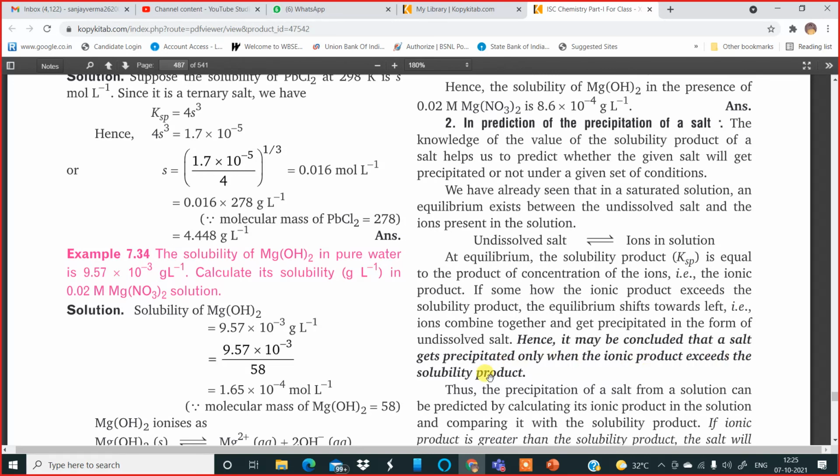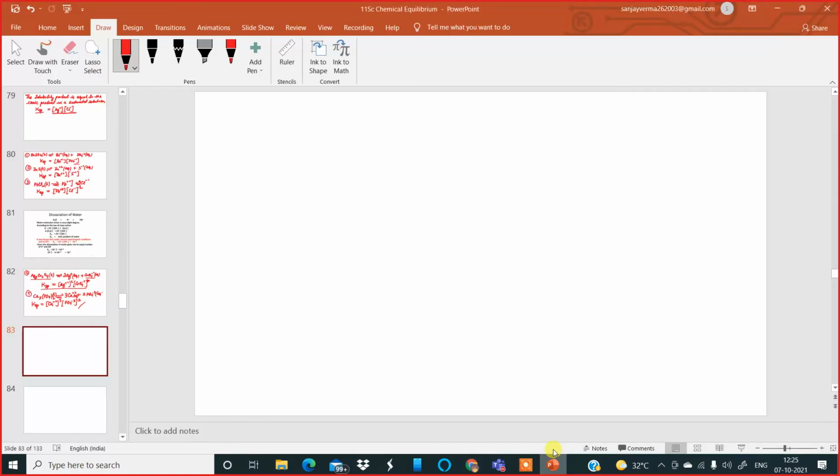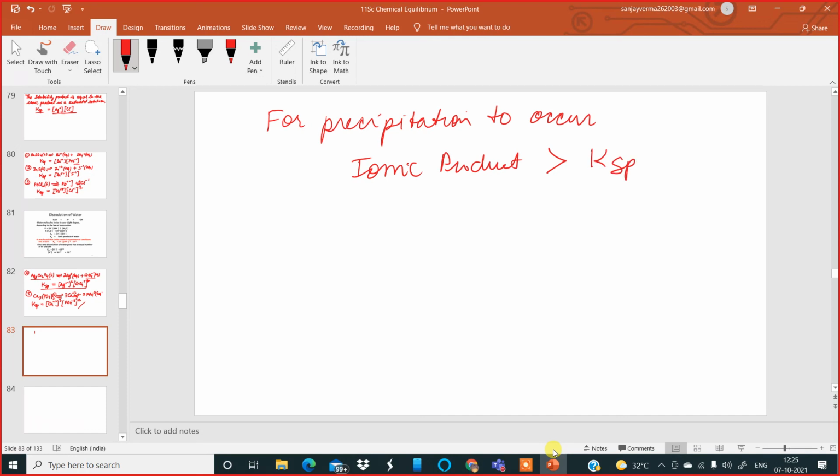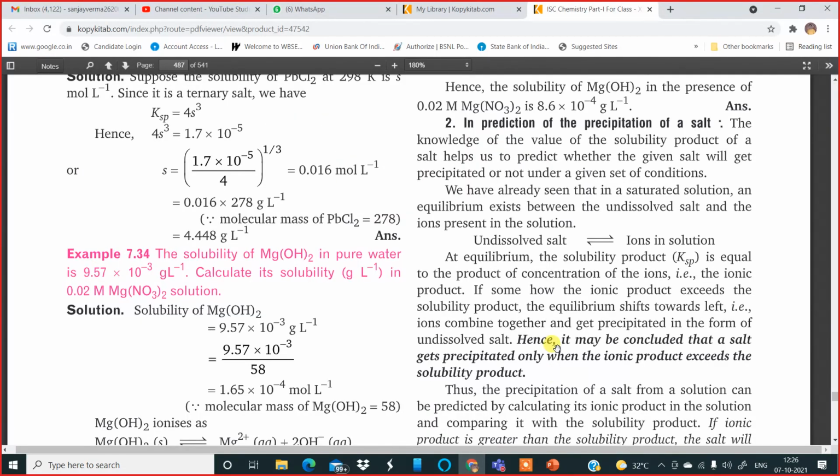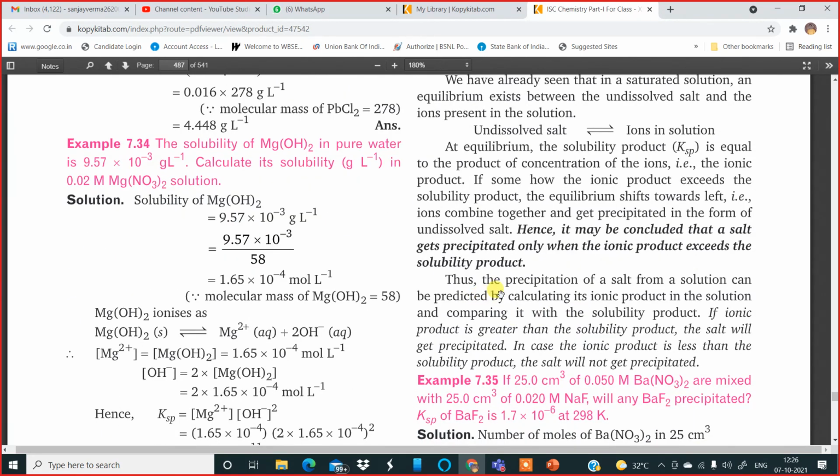So remember, for precipitation to occur, the ionic product must be greater than the solubility product. Underline this and keep it in your mind. From this information we can find out whether a given salt will precipitate or not. Now, coming back to the textbook, the precipitation of a salt